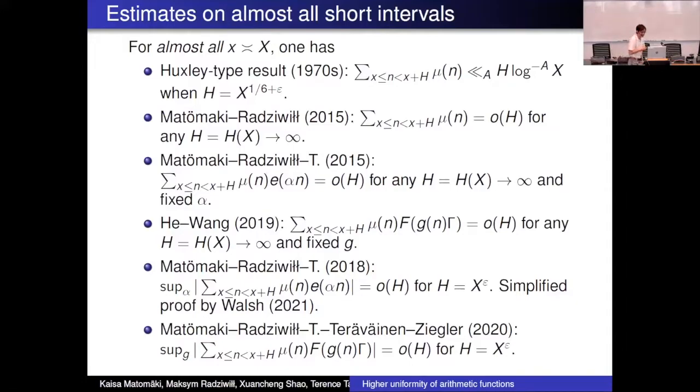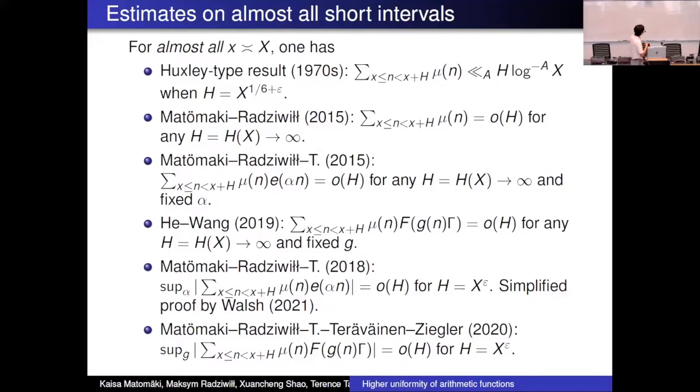But then there was this famous breakthrough of Matomäki and Radziwiłł in 2015, where you can actually get any short interval, amazingly, even like log x. Suddenly you can get all the way down to the shortest possible, but the price you pay is that you only get a qualitative gain. Well, it's not completely qualitative. You do gain like a log h or something like that if you work it out properly. But you don't gain the full power of arbitrary powers of log x anymore. In fact, you wouldn't expect to actually, like when h is 2.